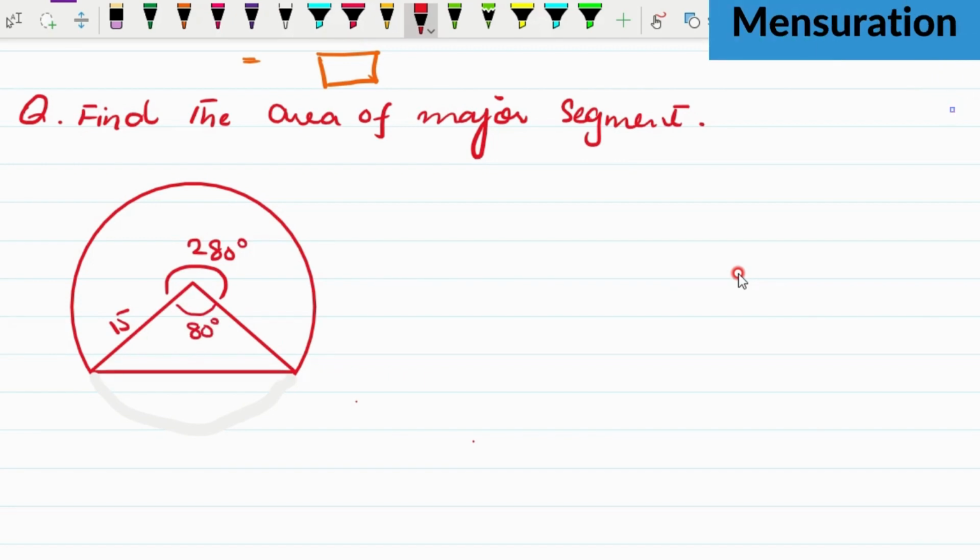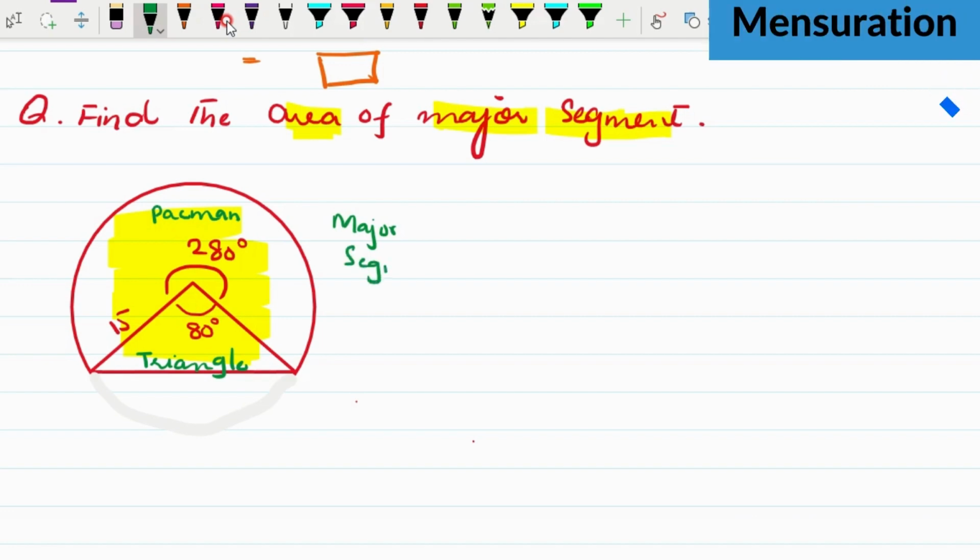Okay, so how can we calculate the major segment? As we know, the area of the major segment means this whole portion we have to calculate, and it is a combination of two things. One is the triangle and another one is what? Yes, Pac-Man. So we can find the area of the major segment as the area of Pac-Man